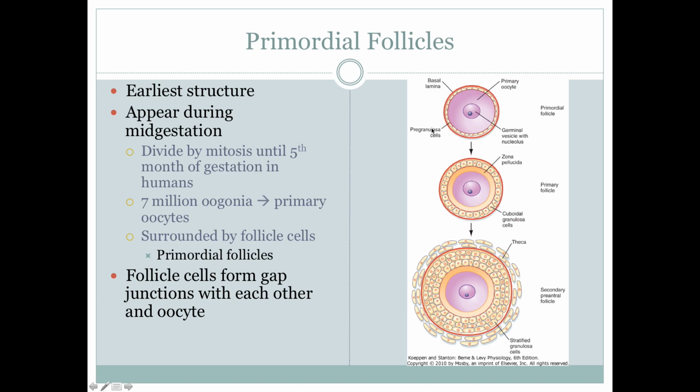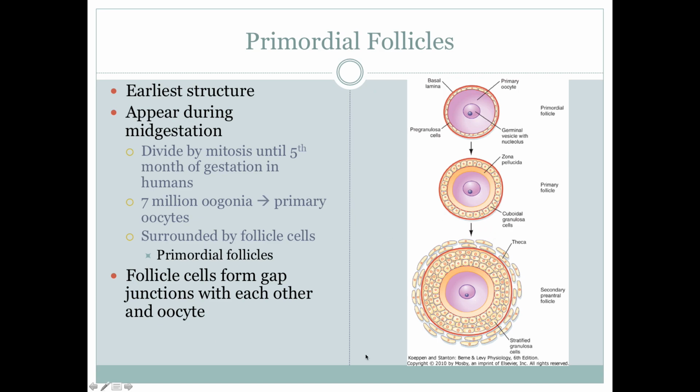These appear during mid-gestation. So that means when a female is in utero, they create through just the stem cell differentiation process primordial follicles that are housed within the ovaries, and they stay there as primordial follicles until they receive a message to start differentiating from follicle stimulating hormone. There are about 7 million of these primary oocytes in females. Some of them go away through a process called atresia, and some of them are ovulated.